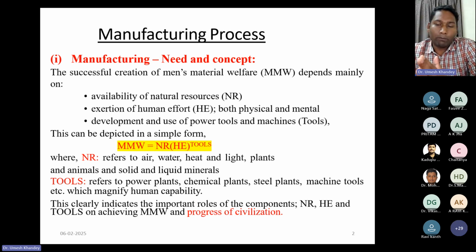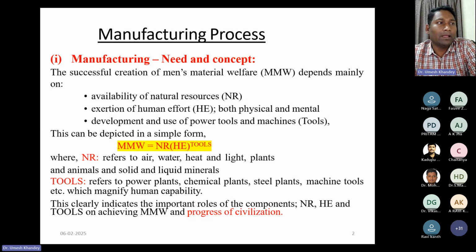So for magnifying this effort, we need some tools. Those tools are nothing but one kind of technology or process that is going to facilitate and accelerate your human effort, which is going to magnify the human efforts. So if you see formula-wise, it is: material welfare equals natural resources,